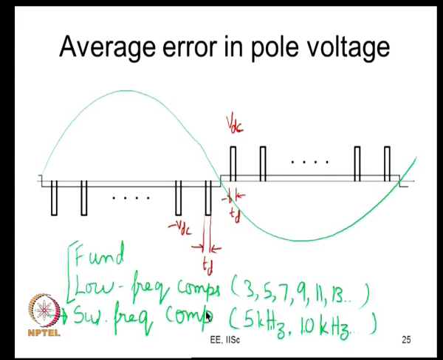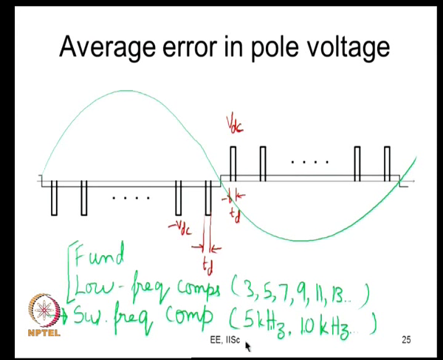So, in an inverter, let us say we have a DC bus voltage of 600 volts, at a modulation index of something like 0.8 or 0.9, at a switching frequency like 5 kilohertz. What kind of output will you expect? You will expect an output which contains the fundamental component, like 40 hertz or 50 hertz, whatever.